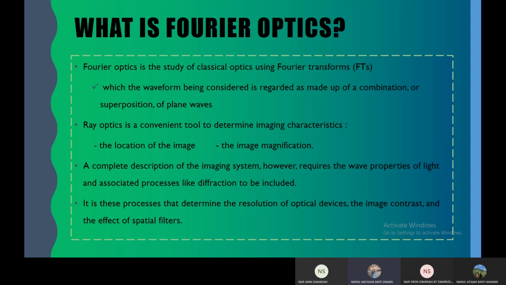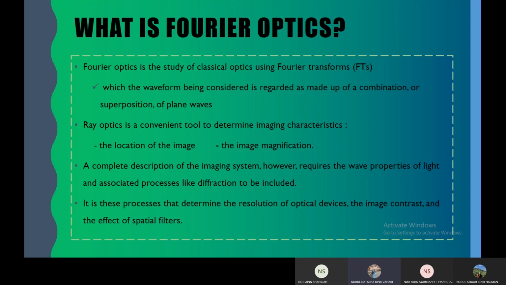Ray optics is a convenient tool to determine imaging characteristics such as the location of the image and the image magnification. A complete description of the imaging system, however, requires the wave properties of light and associated processes like diffraction to be included. It is these processes that determine the resolution of optical devices, the image contrast, and the effect